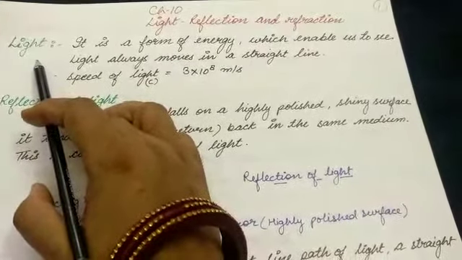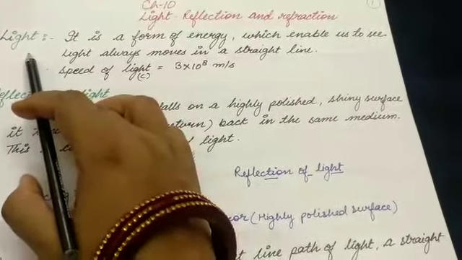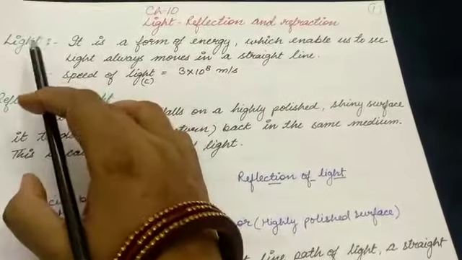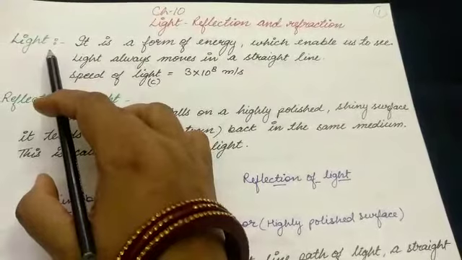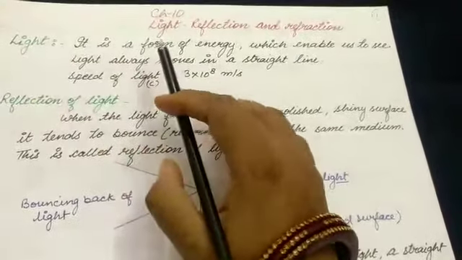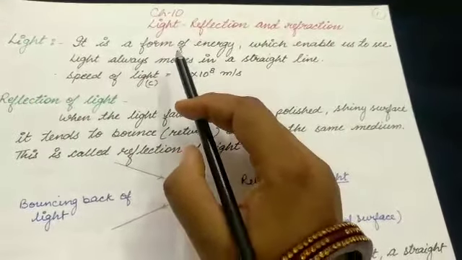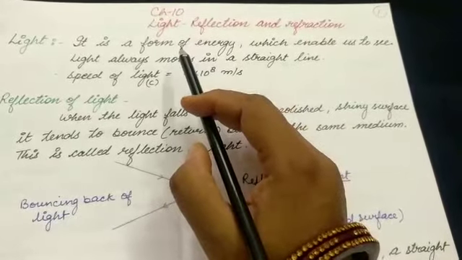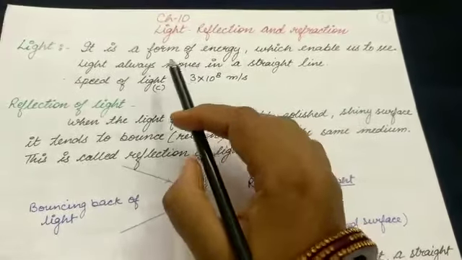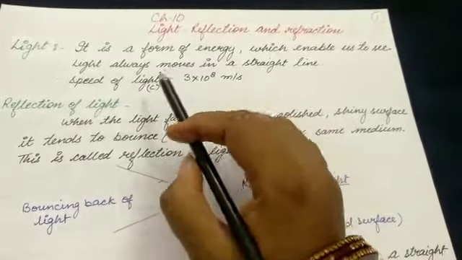About this topic, you have already learned in class 7th, where you have conducted several experiments or activities related to light. So I wish you are aware of all those things, and if not, just go through your 7th class science book if it is available to you, as it is very resourceful right now.